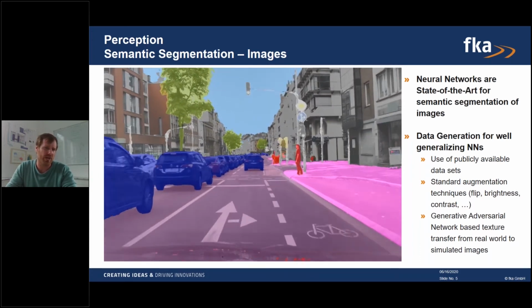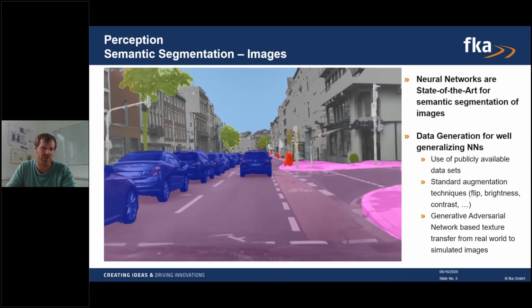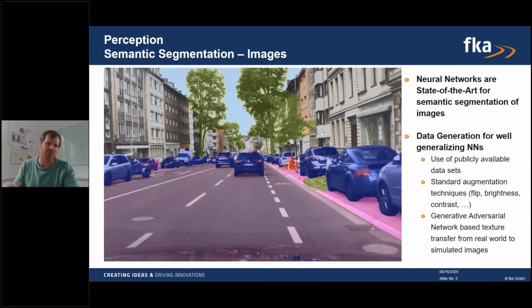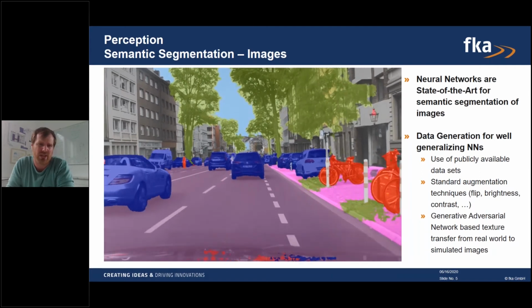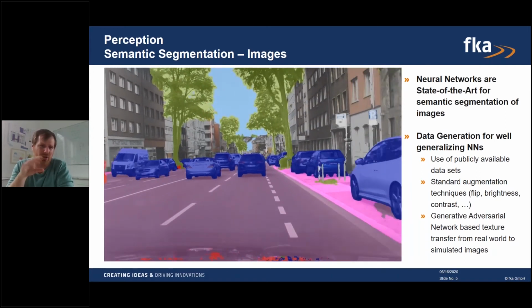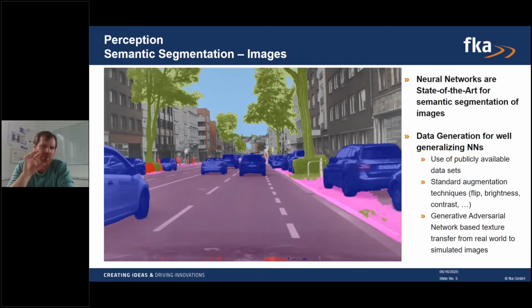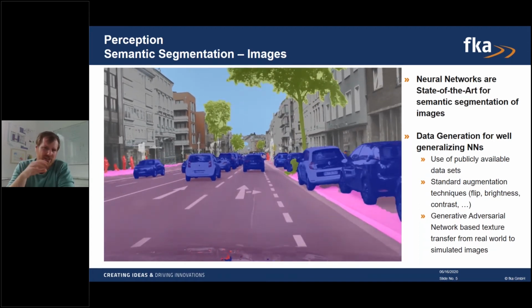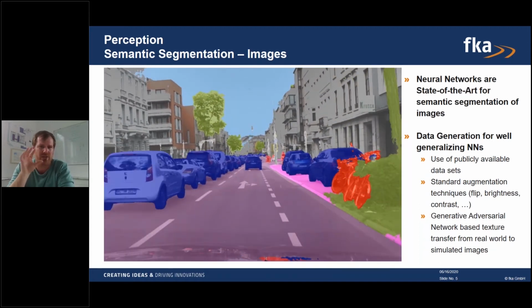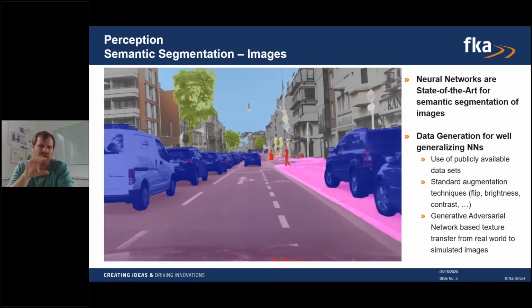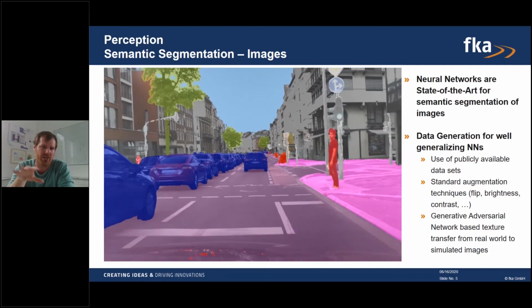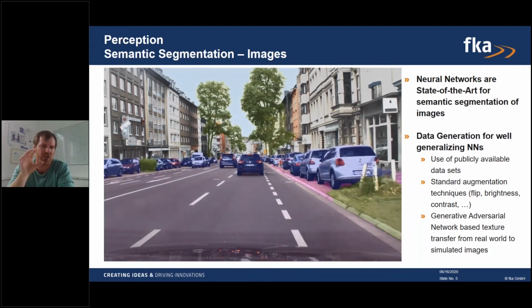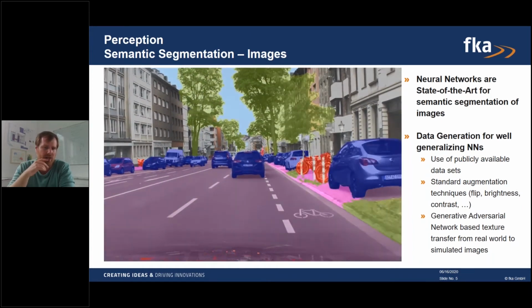So to do that, neural networks are state of the art for actually segmenting images. And what I mean by segmentation or semantic segmentation is that, as you see it in the video, we look at the image and classify the pixels by the type they're representing. For example, in the video, we see the vehicles are represented in blue, and the drivable space is purplish, and pedestrian walks are like a pink, and so on. So we have different classes to actually segment the image